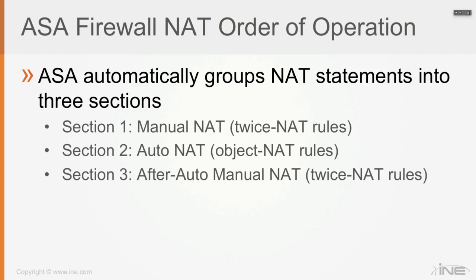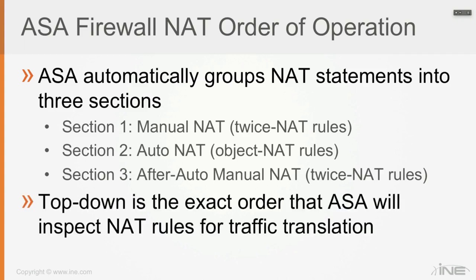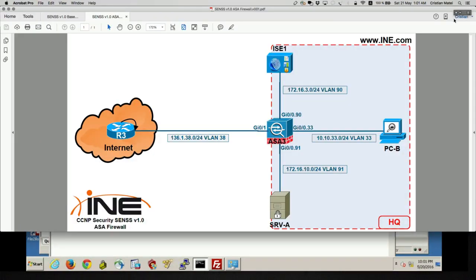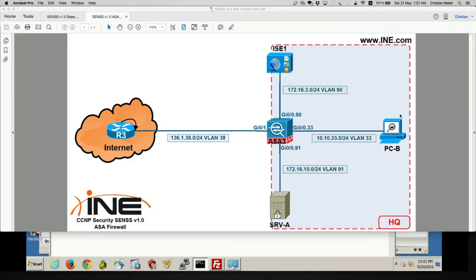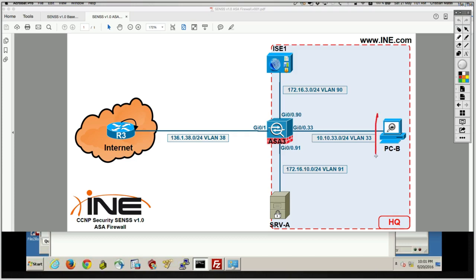And when traffic flows through the ASA, the ASA is going to inspect what kind of NAT it has to do. Top down is the exact order that the ASA will inspect NAT rules for traffic translation. So what this means is that as traffic flows from PCB to the loopback router tree, the ASA is going to first look